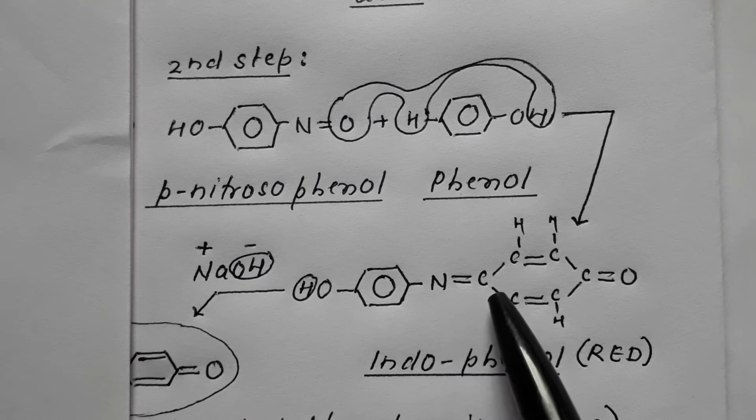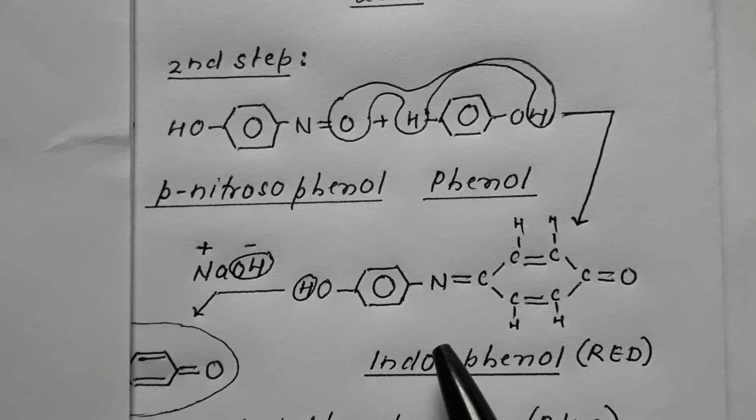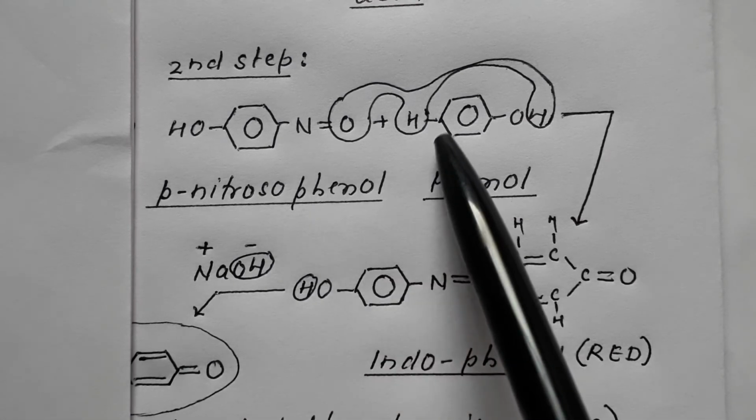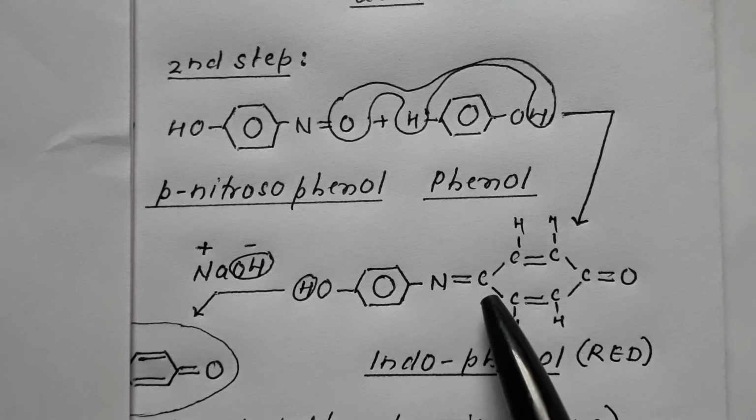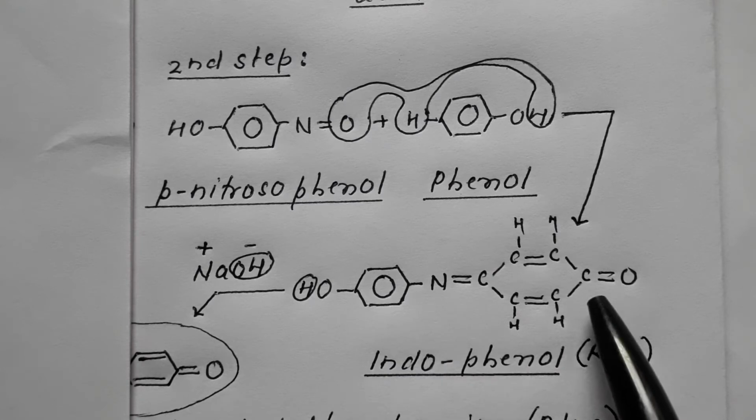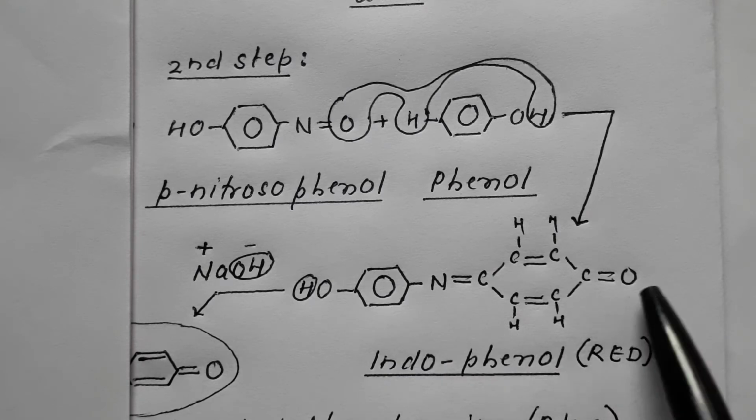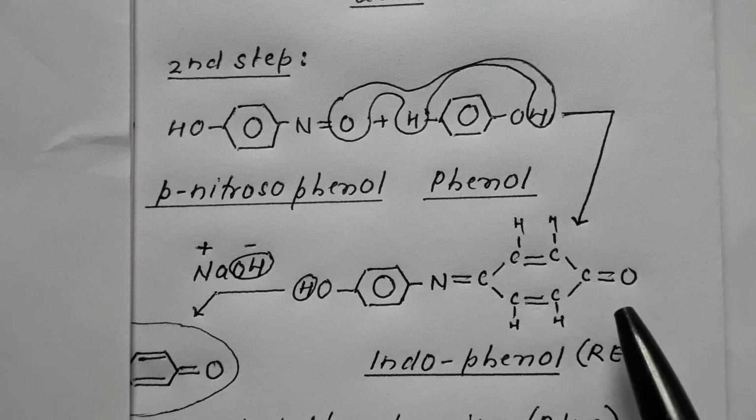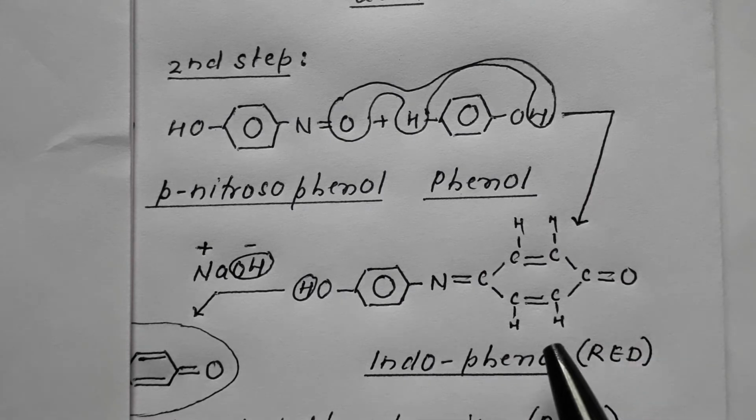Between this nitrogen and this carbon there is a double bond. Between nitrogen and carbon there would be a double bond to maintain the valency of carbon 4 and also nitrogen 3. At the same time, at the opposite position there would be a double bond O, again to maintain the valency of carbon and also oxygen.